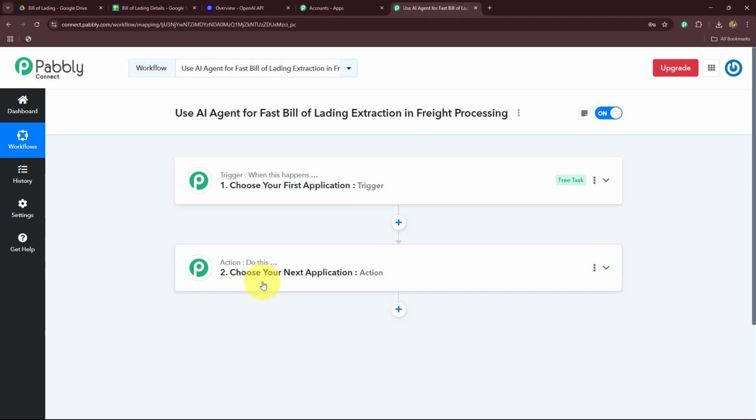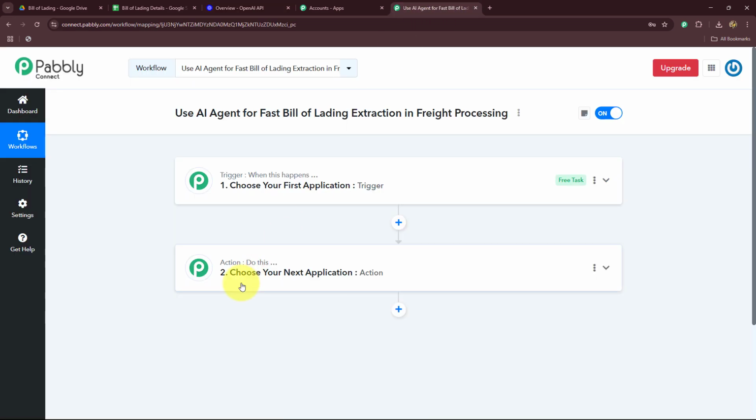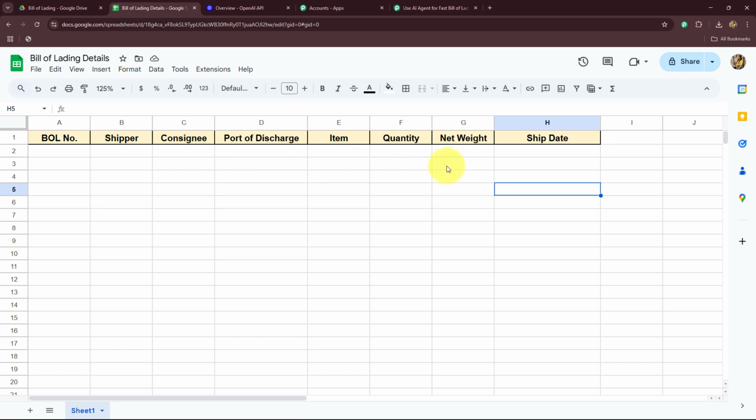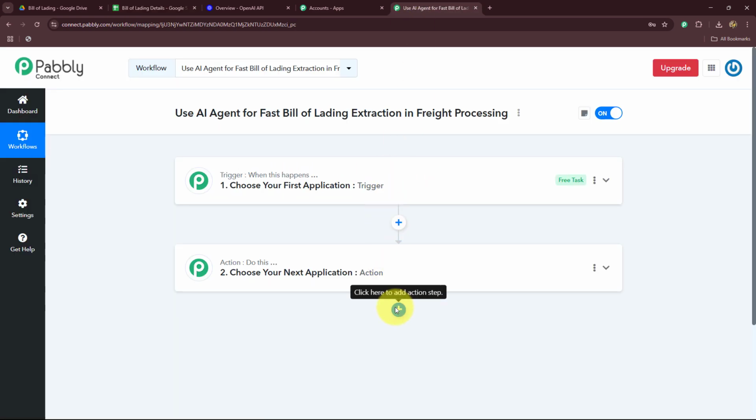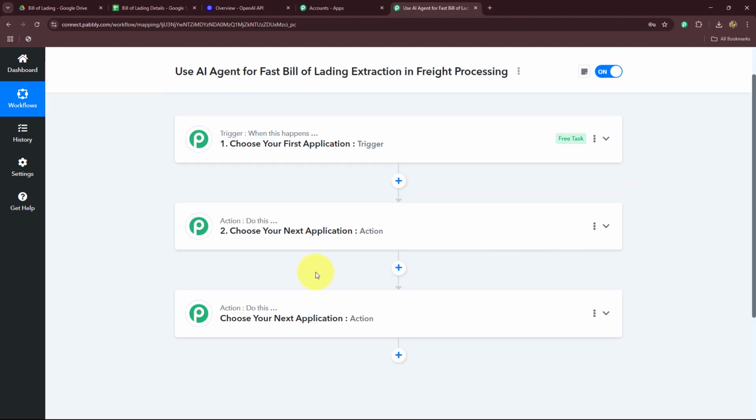but we can add as many action steps as we want. Now, let's suppose I want that every time a new file is uploaded in my Google Drive folder, that is the file of bill of lading, then automatically with the help of my AI agent, that is OpenAI, the details which I want should be extracted out and then systematically added in my Google Sheets in separate columns. So for that, here I'm going to take Google Drive in my trigger step, and here I'm going to take OpenAI in my action step, and also I'm going to take Google Sheets to create a record in my